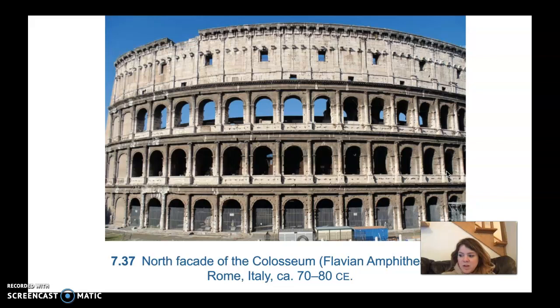The facade is divided into 4 bands, one with large arched openings. Ornamental Greek orders frame the arches, and the ground level band is done in the style called Tuscan, then Ionic, then Corinthian, and at the 3rd and even 4th level,